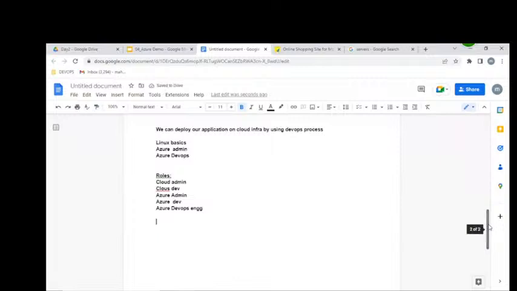Understood. And you can do certification. AZ-900 means fundamentals, AZ-104 means administration, and AZ-400 is DevOps. So these are all the certifications you can do with this course. You can crack it, you can pass, you can complete your certification also. So these are all the roles you can cover, and these are all the certificates you can do.